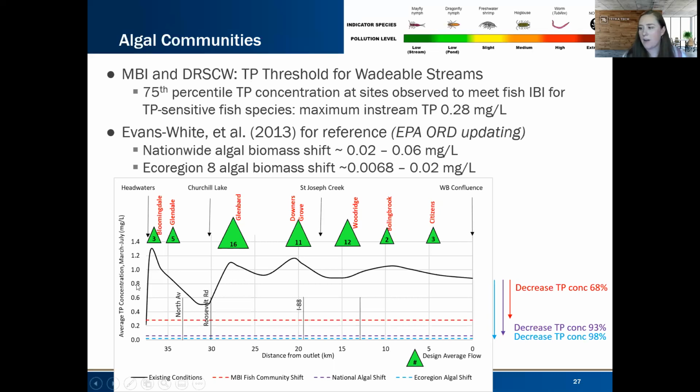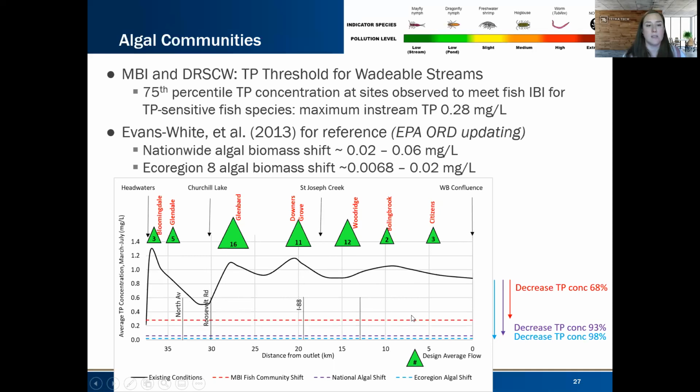So this graph I'm showing for perspective, again focusing on East Branch, but I will have scenario output graphs for each of the other models. The black line here is the average concentration of total phosphorus during those summer months along the main stem. We see obviously spikes as each of the main plants come in, and that's to be expected. And looking at the change, what we're trying to hit is this red line,